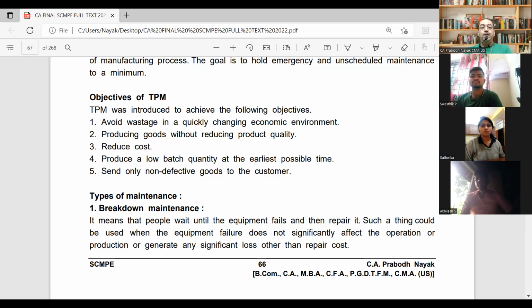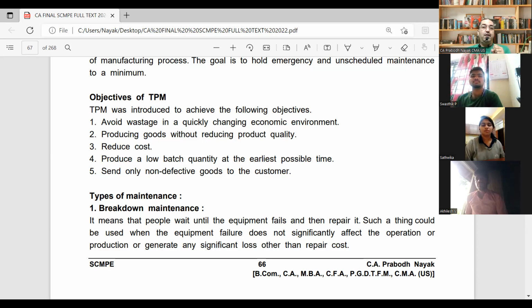So you say that the bike is new, so I can work with it 365 days a year. And suddenly in the second year also, you are trying to use the bike without giving it for servicing, and suddenly there is a breakdown. When you are going to your office, you are going for articleship, you find that suddenly on the way from your office to your client's place, the bike stops. And there is a problem.